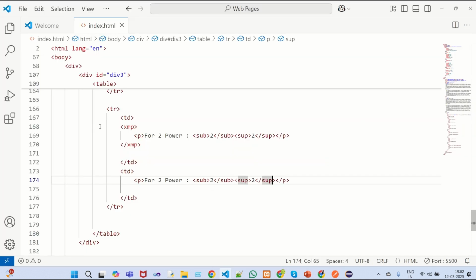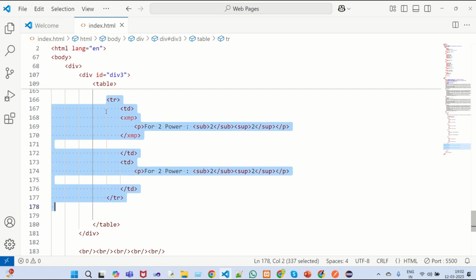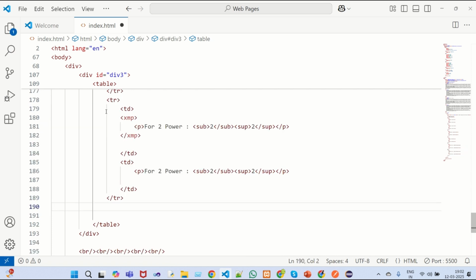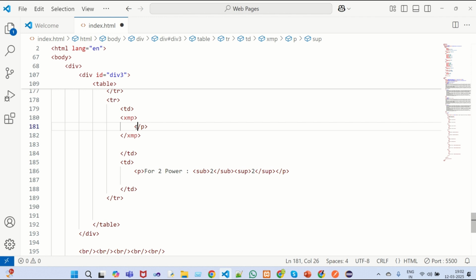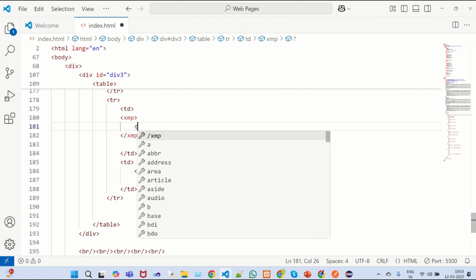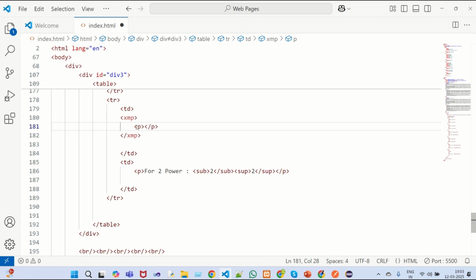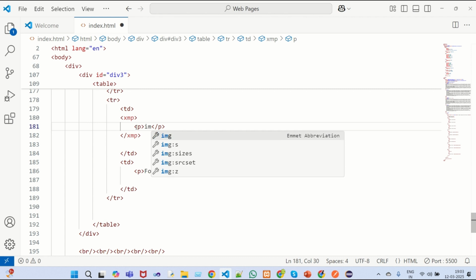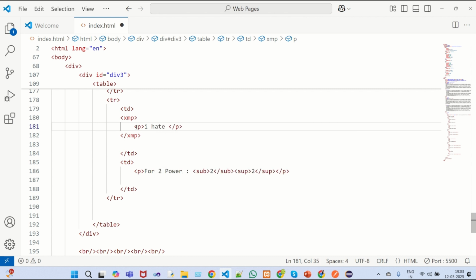Now, the code will not execute, so for that only we are writing it here this way. And here, how to write the another format? Tell me any other format for this. I'm going to write a paragraph tag, and here strike, like that one tag is there. I hate